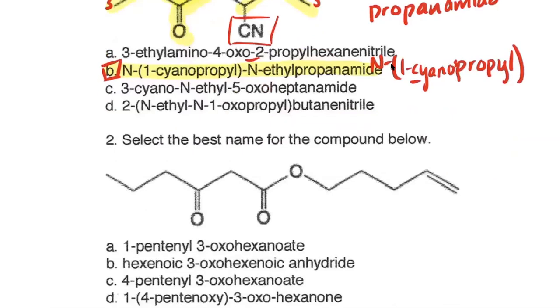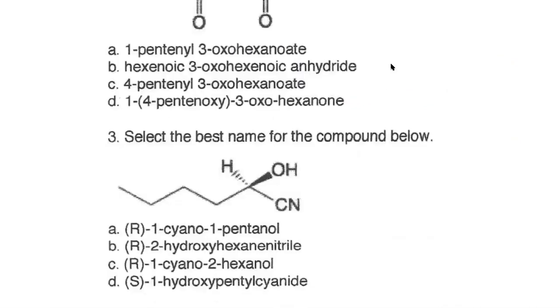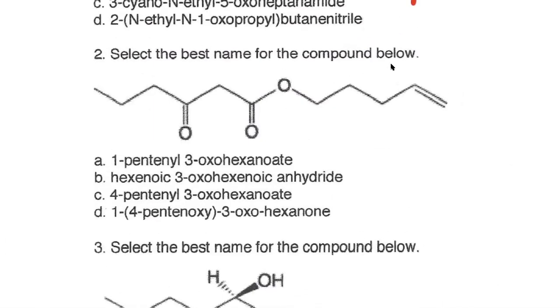Alrighty. So let's continue on. So it's also nomenclature here. And wow, there's a good amount of nomenclature. 3 questions. So it wants us to pick the name for this one as well. So you want to identify always, always, always, what is our highest priority functional group in the molecule? And I hope you guys are thinking the ester right here. So you have the ester, and we want to figure out how to name this molecule when our parent is our ester. So what we're going to want to do is number that parent